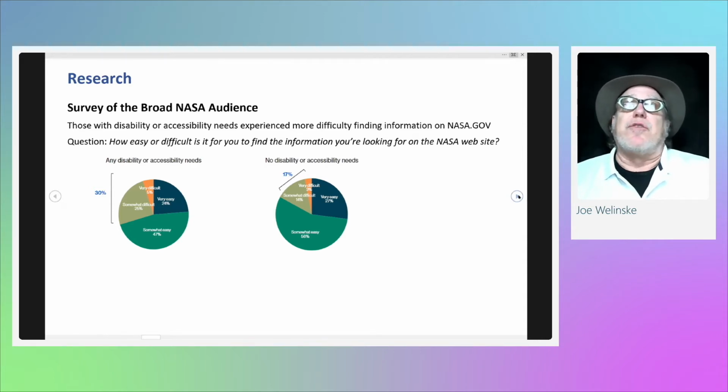And so on this screen, it shows two pie charts, which, by the way, in the accessible version of this document, if you get it, I include the actual data for all the different pie chart elements. And I won't go into those in detail here, but that would be available to anybody that looks into the document. But essentially, the big numbers were that